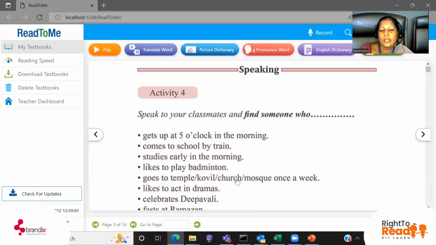There are some students who like to act in dramas, right? Maybe some are good at singing songs, some are good at acting in dramas, some are good at creating stories, right? Some are good at making some inventions. Is that so? Do you like making some inventions? Invention means something which is new for the whole world. So there may be certain cases, right?